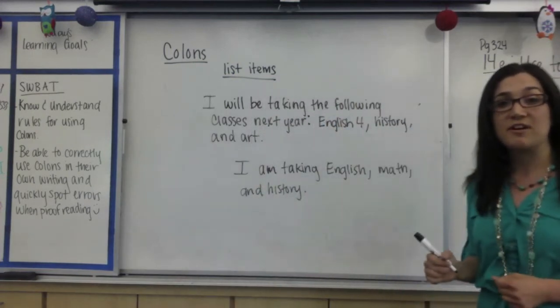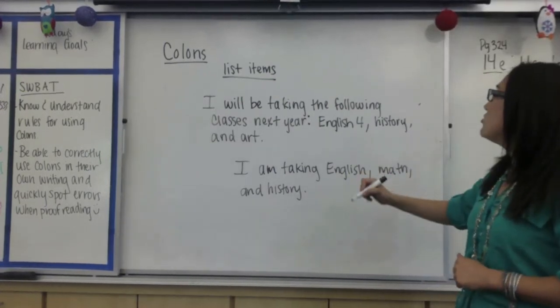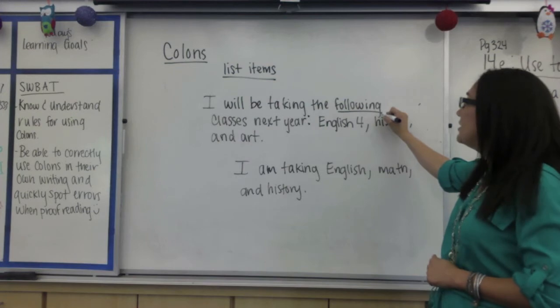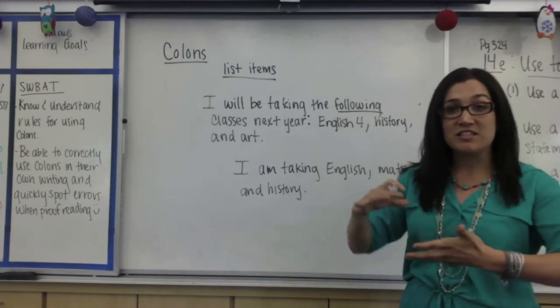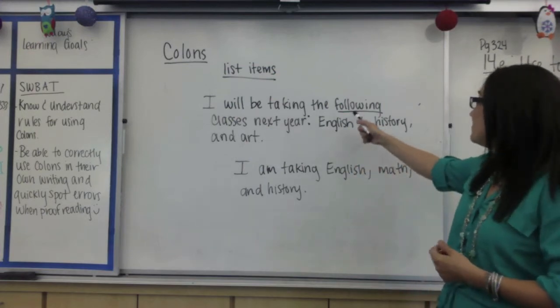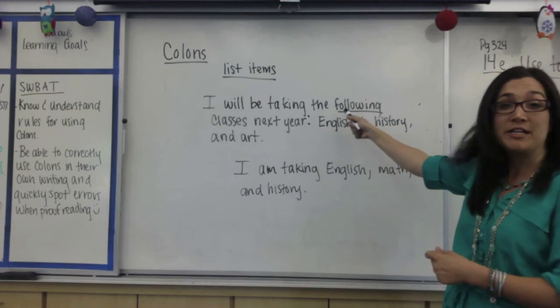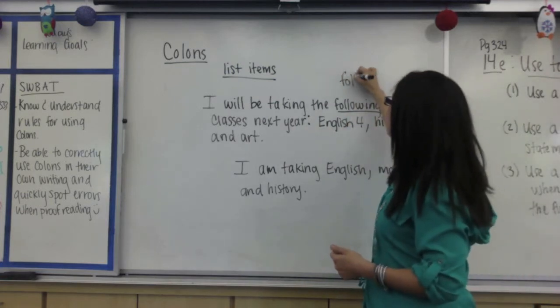These are both lists, but this is the difference, and this is where we use the colon. I will be taking the following classes next year. If you have a sentence that has a list of items, and you see the word, and the list goes after the word following, or follows,